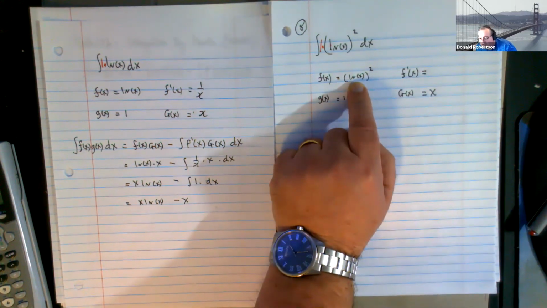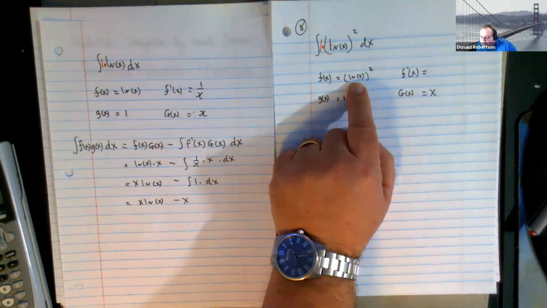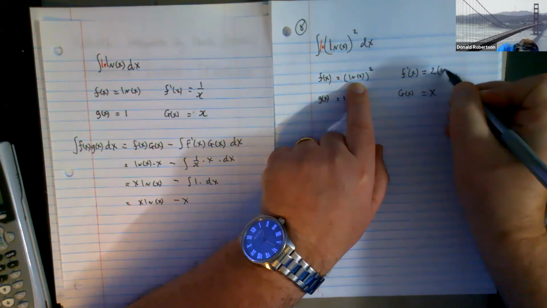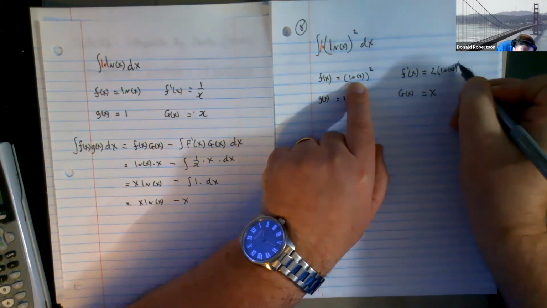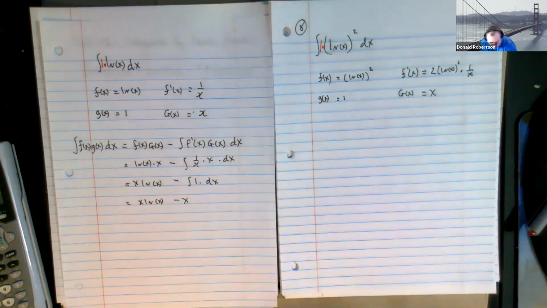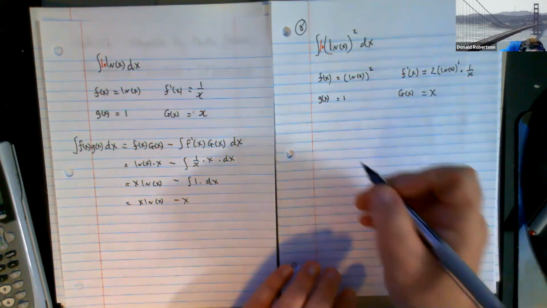This will get some cobwebs out of your brain. If you want to differentiate this guy, it's what we call the chain rule, right? A function of a function situation. So you get 2 lots of the natural log of x to the power of 1 times the derivative of the natural log of x. Are you all happy where the 2 log x times 1 over x came from? It's called the chain rule. So we can now do